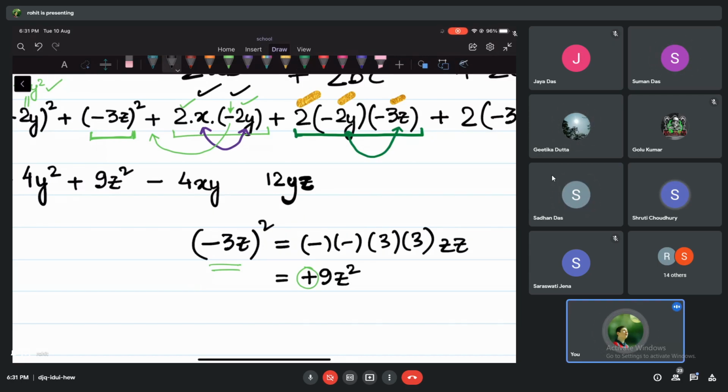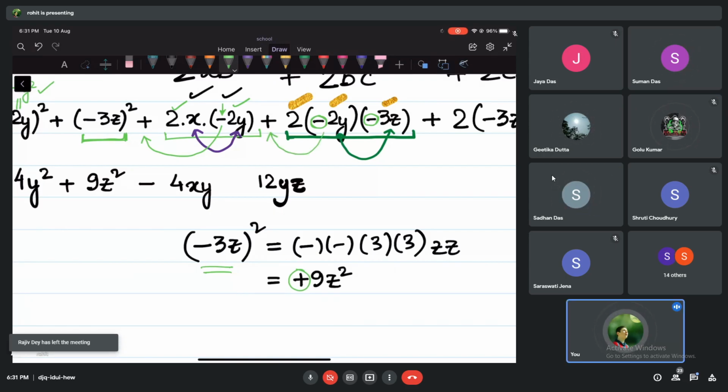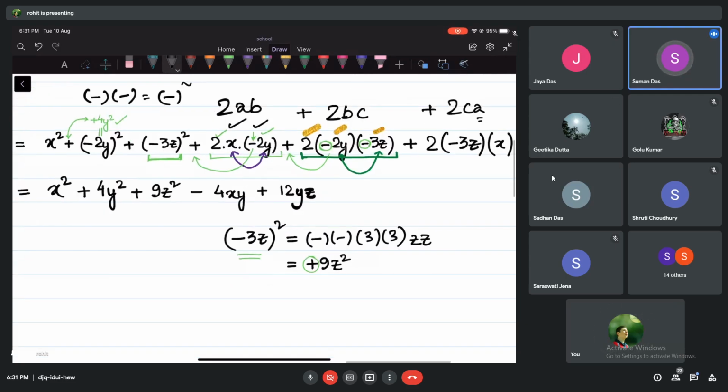Now multiply the signs also. We have minus and plus, no? So let's multiply, okay? This is minus. Please check, guys, all of you. This is minus. This is minus. What will I get? Plus. When you multiply sign, plus only, sir. And the sign in front is again plus. So plus into plus will be how much? Plus. That's why in front I'm writing here plus. Can you understand? Yes, sir.